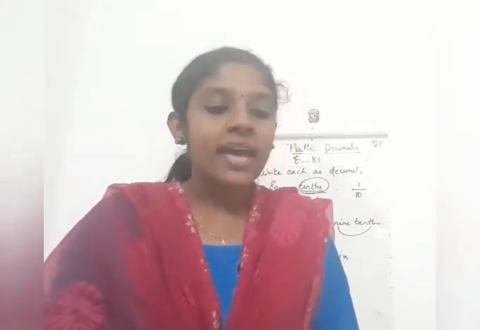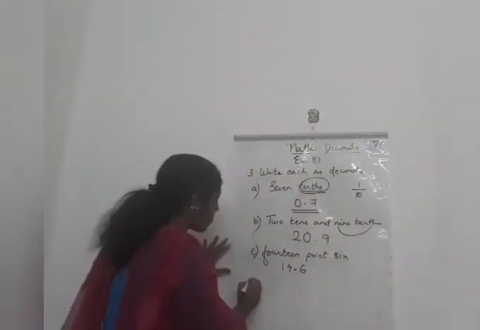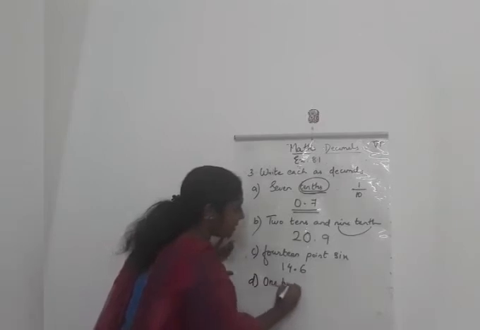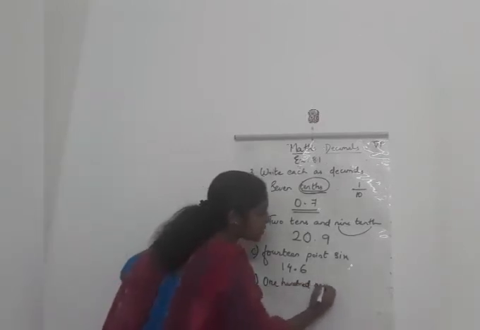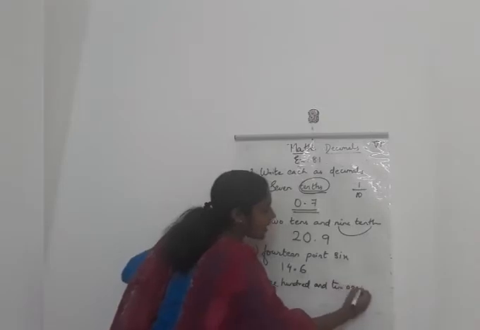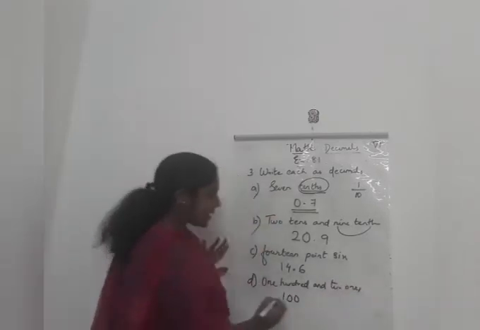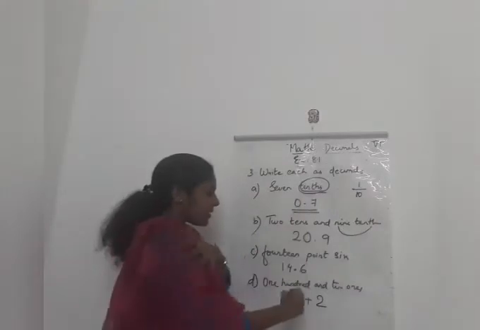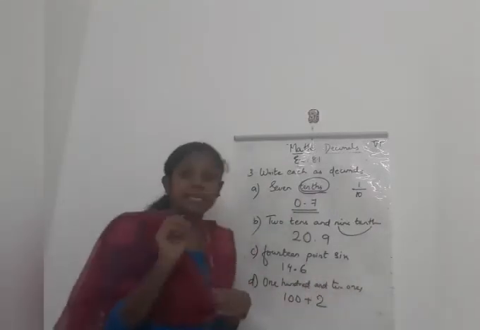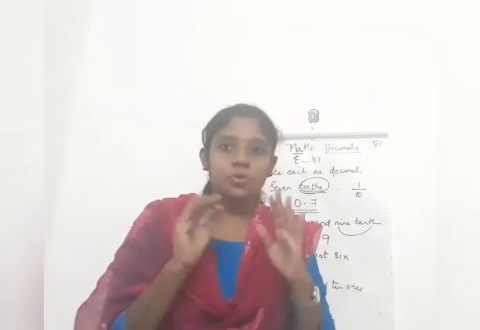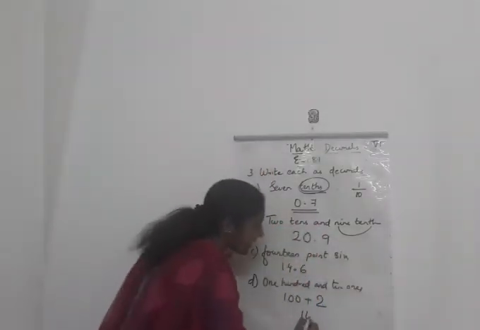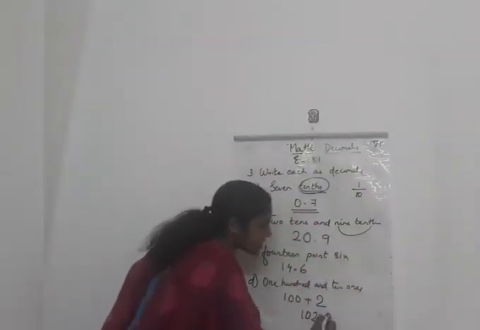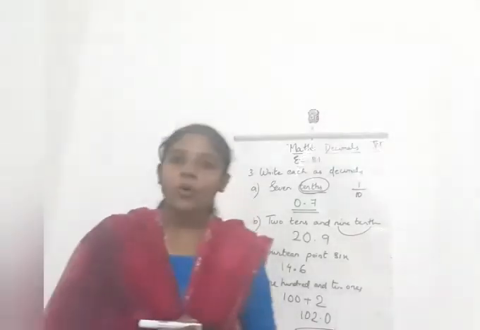Next 100 and 2 ones. 100 and 2 ones. So 100 means it is 100, 1 followed by 2 zeros. Plus 2 ones. That means 2. So 100 plus 2 ones. After that, nothing has been given after the decimal. So 100 plus 2 is 102. Since nothing is given after the decimal, it is 0.0. 102.0. Okay. So next question is